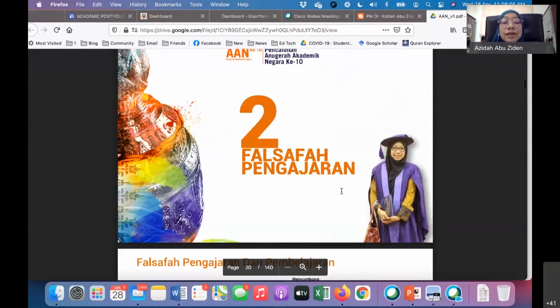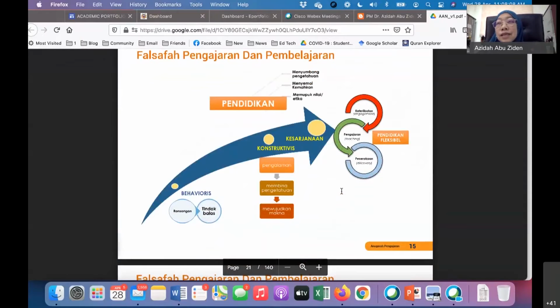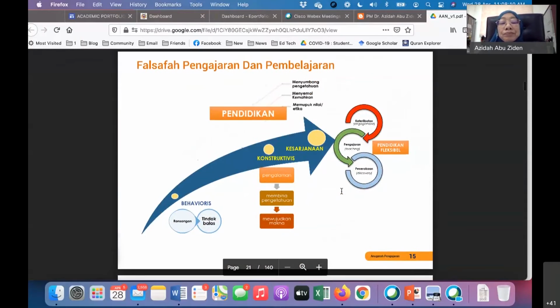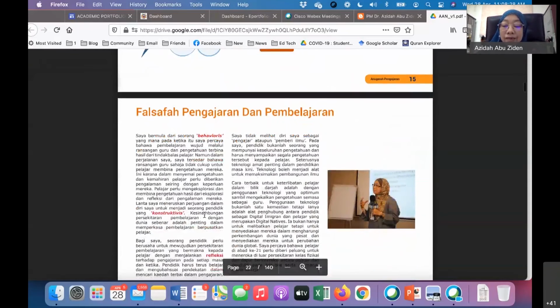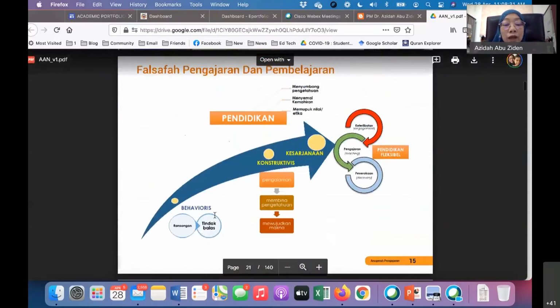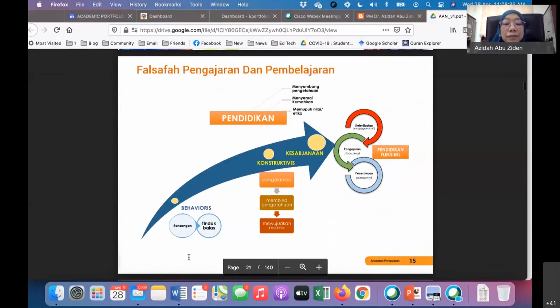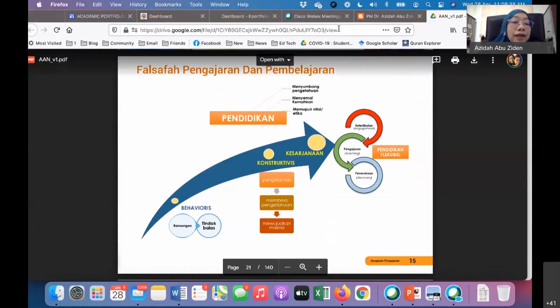So, because it is hard for me to actually tell people about my teaching philosophy, what I did was put it in a diagram. I tell people, but I have my explanation here. I put it in the diagram whereby I said that here is the behaviorist part. Before I forget,